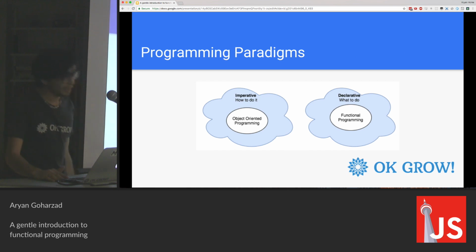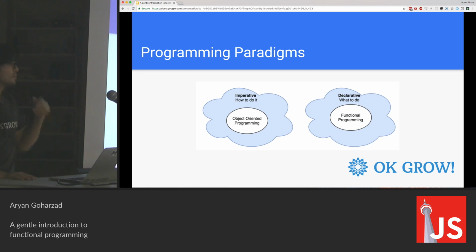So this was a bit hard to learn at first because it's so different from anything else that I knew how to write. The reason for this big difference between functional programming and object-oriented languages is that they come from different parents. They come from different mindsets. As you can see, object-oriented programming is a subset of the imperative paradigm, and functional programming is a subset of the declarative paradigm.